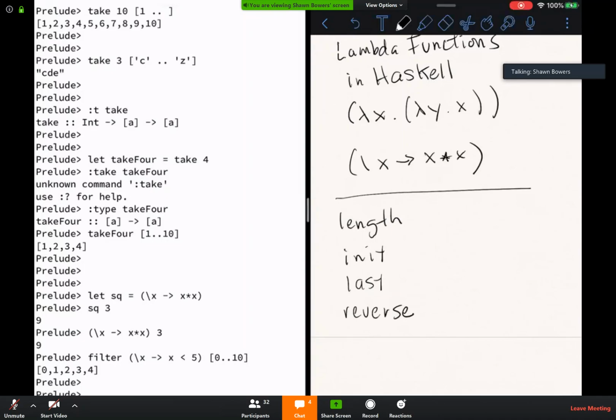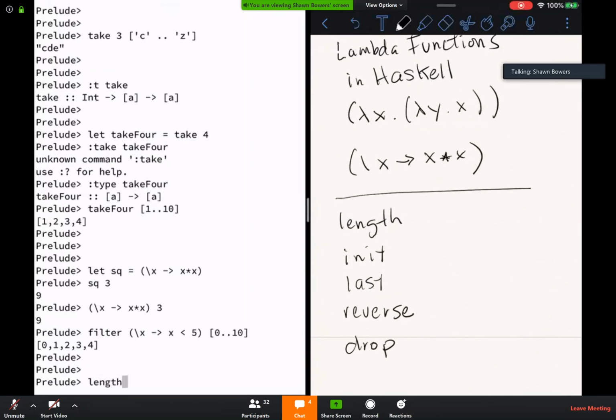Length is pretty easy. Length just returns the length of a list. So if I have a 100 element list, length is going to return 100. Actually, I'll jump around a little bit. Reverse just reverses a list. That one's pretty simple. Drop is similar to take, except instead of taking the first n elements from a list, it does not include the first